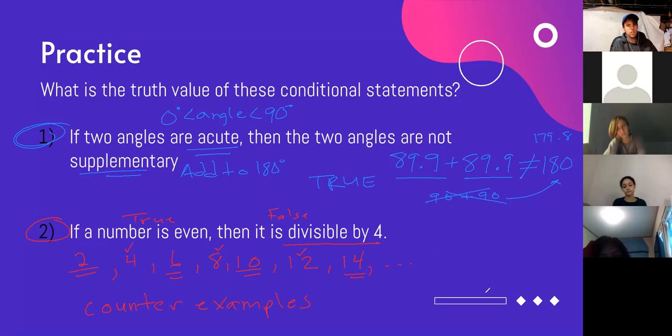All right, let me check the time. 58. We have 2 minutes, so I'm going to stop right there. Tomorrow we're going to talk more about conditional statements and Venn diagrams and some other things. But I want to bring our attention back to